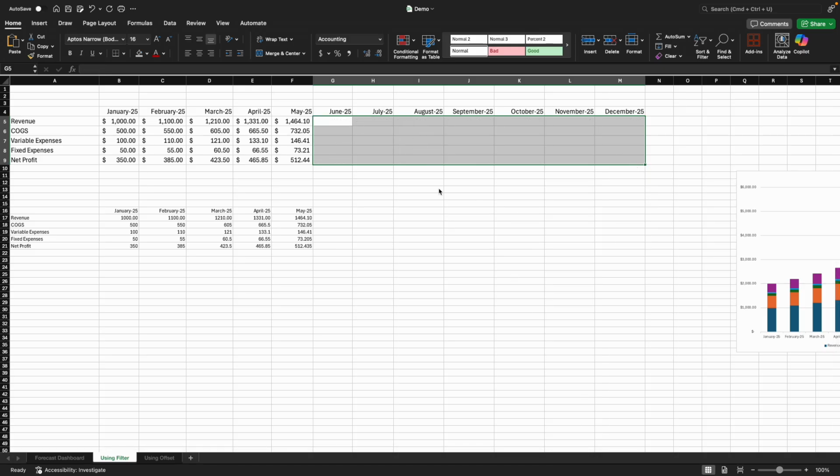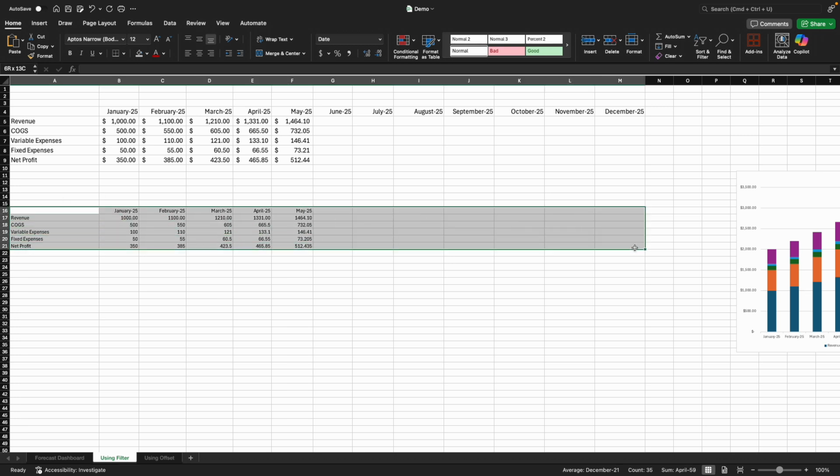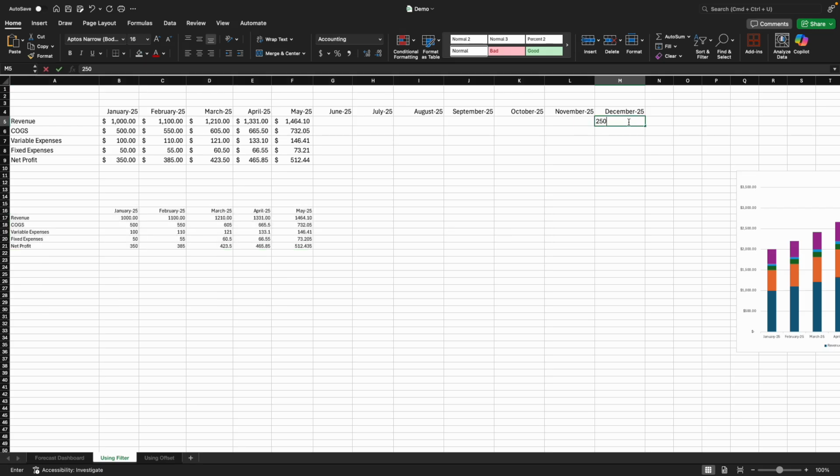So let me just delete this real quick. And then here, I'm going to select this whole entire range and select it all the way to the end, to December, because this one can expand. Right now, there's no data here on M16, but eventually, when you enter in data for December, right, like over here,